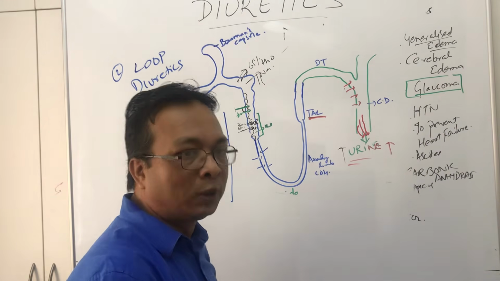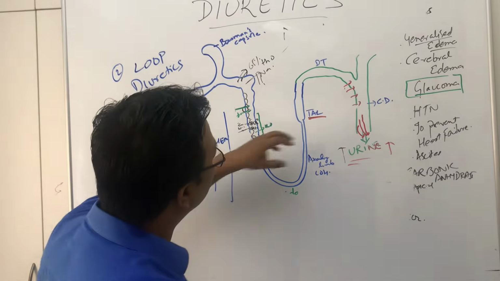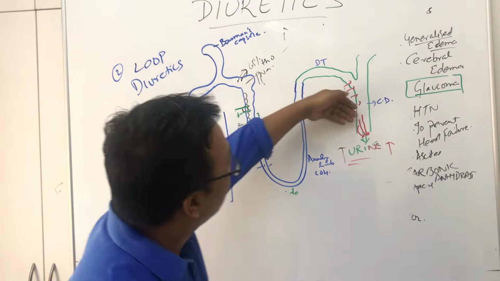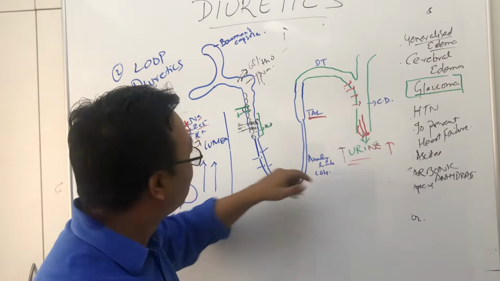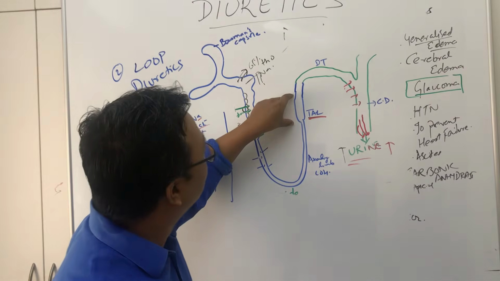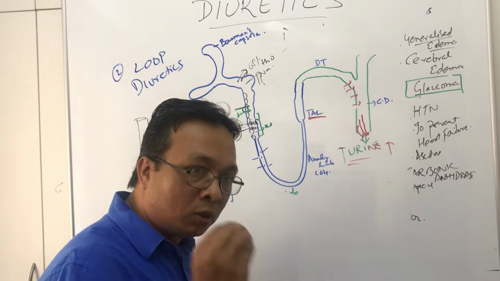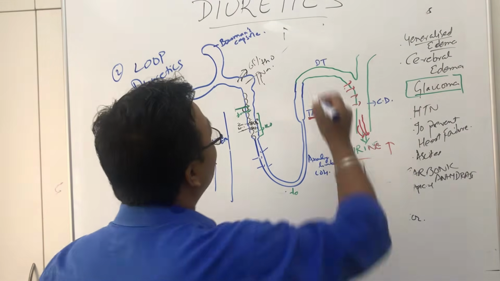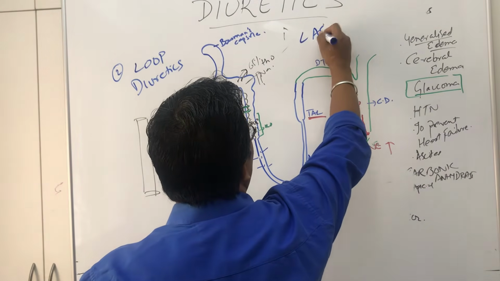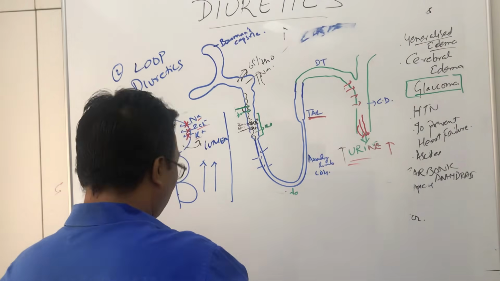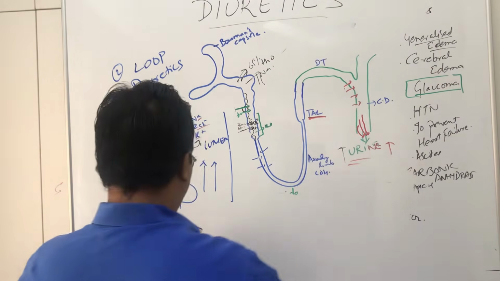So sodium is the osmotic particle. When we are increasing the sodium output in the urine, volume will automatically increase. So the loop diuretics act on the thick ascending limb. This is the most common type of diuretic used clinically. The best example is Lasix. Lasix is a commercial name. I give you the original name. We call it furosemide. Okay,